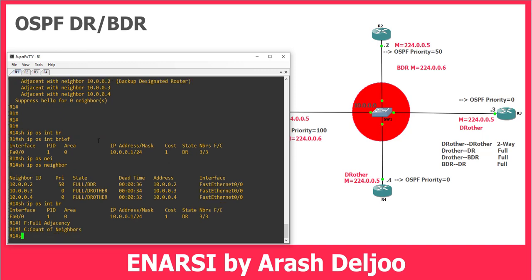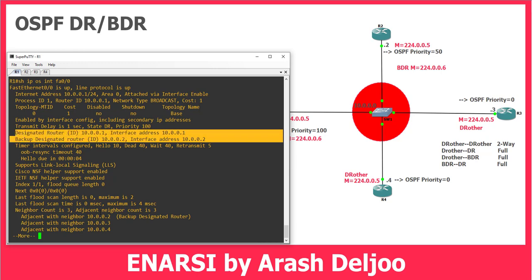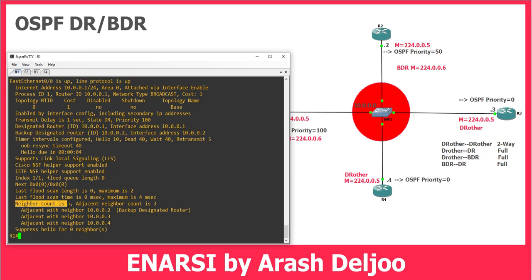Also, in router 1, I'm going to use show IP OSPF interface FastEthernet 0/0. You know that router 1's interface is DR. The priority of this interface is 100. Here you can see that the designated router ID is 1.0.0.1, and the interface IP address is 1.0.0.1. This is the router ID of the DR, and this is the IP of the interface of the DR. The backup designated router ID, meaning BDR ID, is 1.0.0.2. This is the IP address. And after that, here you can see the neighbor count is 3, adjacent neighbor count is 3, meaning fully adjacent with router 2, router 3 and router 4, and